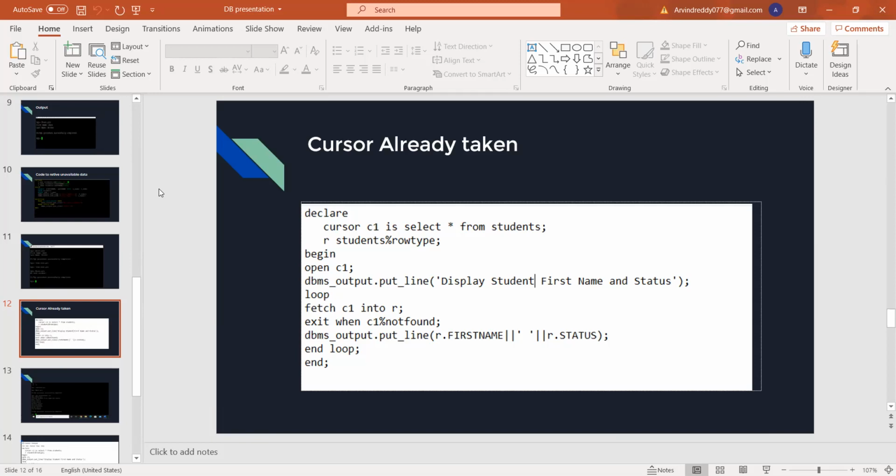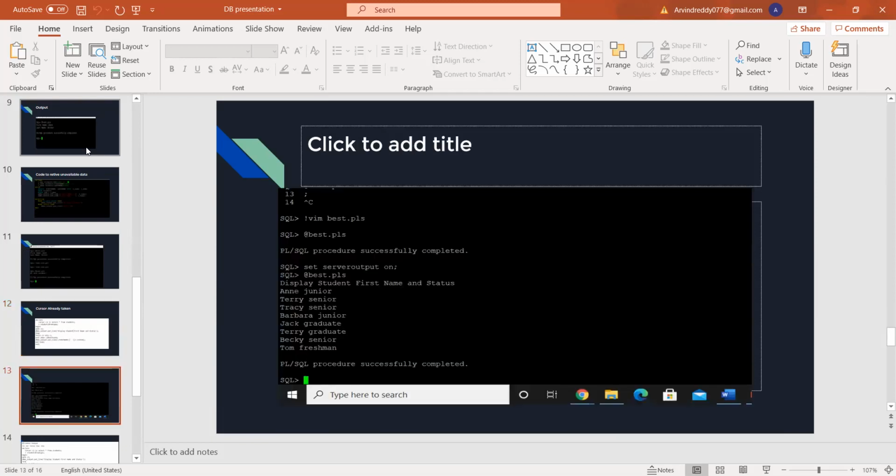We are leaving out other attributes like student ID, CGPA, email address, and so on. Since the code seems fair and should not show any error, let's see.